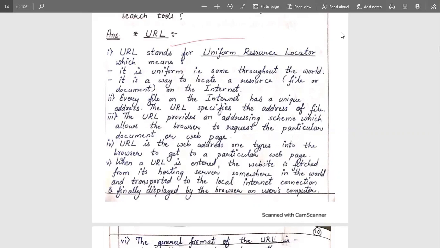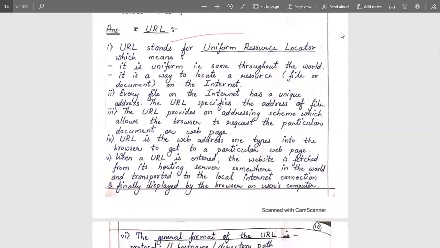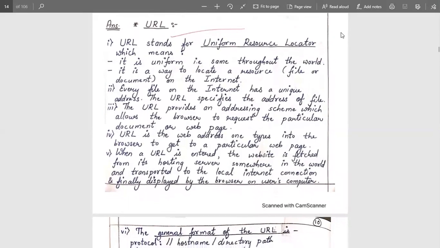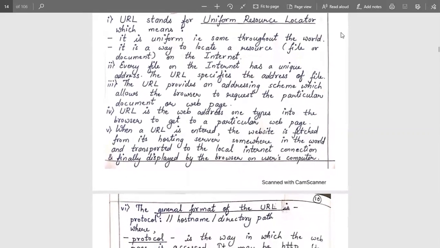A URL is a web address one types into the browser to get to a particular web page. When a URL is entered, the website is fetched from its hosting server somewhere in the world, transported to the local internet connection, and finally displayed by the browser on the user's computer.